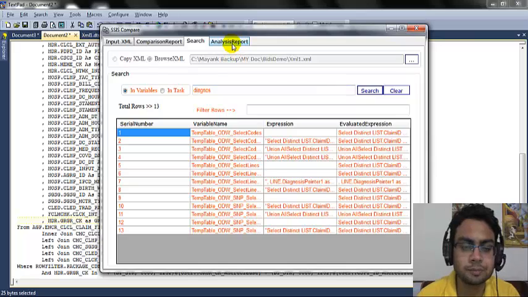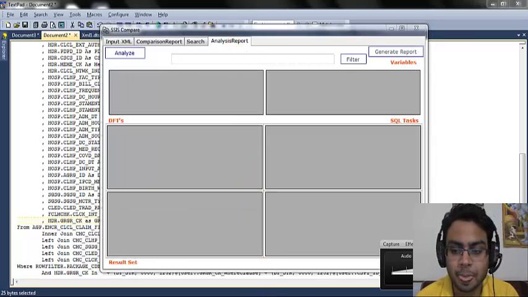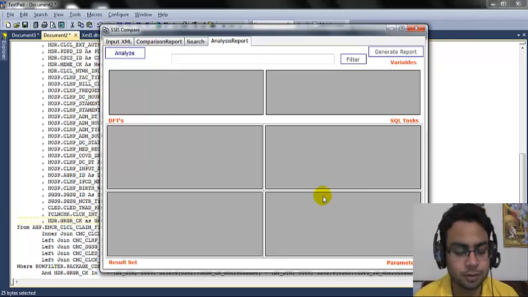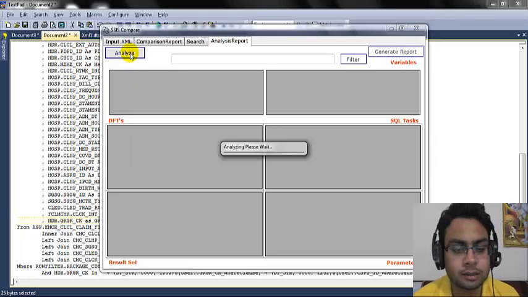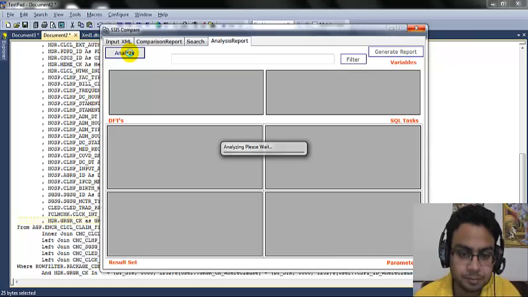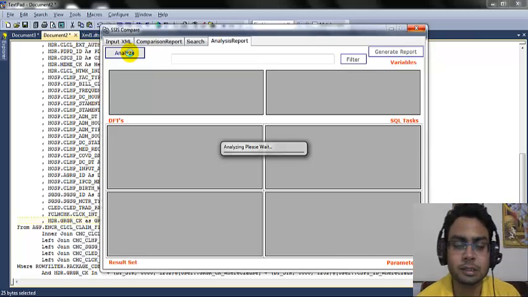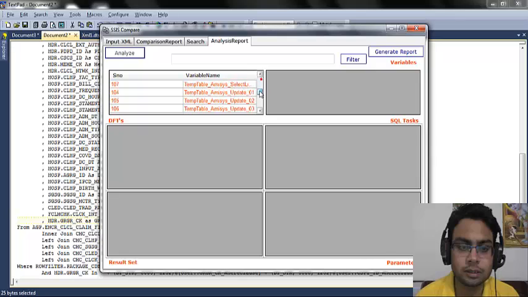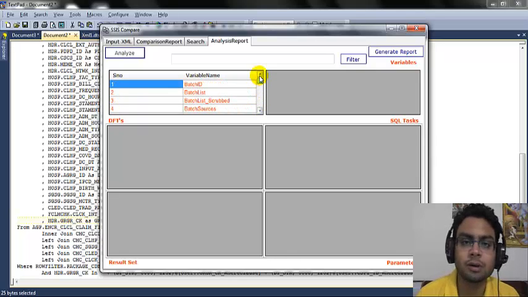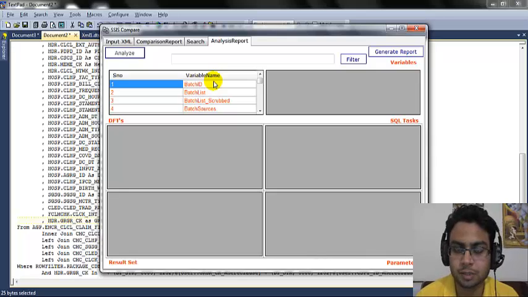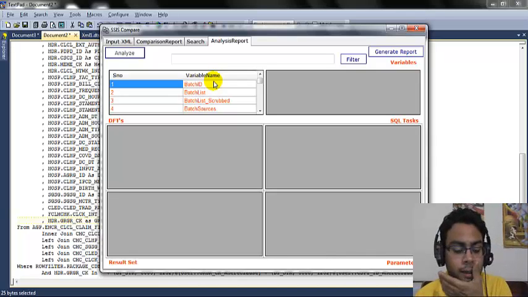Now let's come to the analysis report. In the analysis report, I have to click on analyze. By clicking on analyze, it will give me the list of all the variables. So here's the list. This is the list of all the variables I was referring to, all the variables that are present in this package. One of the three problems that I mentioned in the beginning of this session was that I need to know that